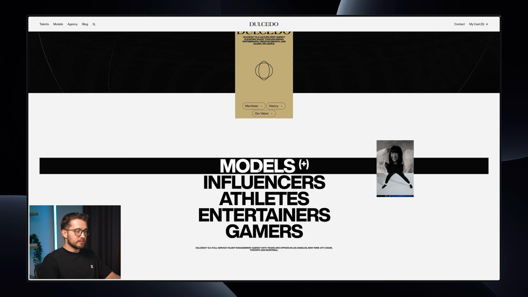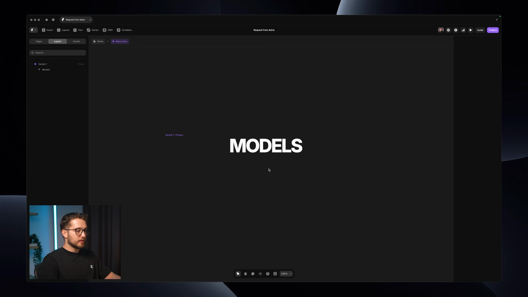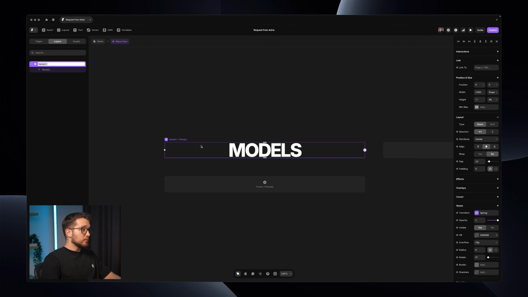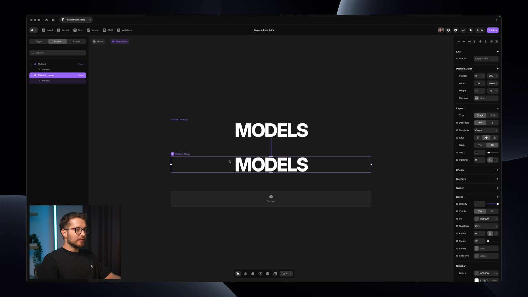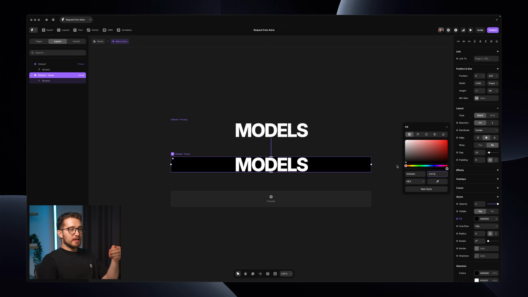And it's also going to be a reusable element that I can use for all of these instances right here that we have. So this will be called variant 1, but I can rename it to default. And then I can click here on the bottom to add a hover state. And on the hover state, I just change the color property on the right panel of this variant so that the layer below will actually be 100%